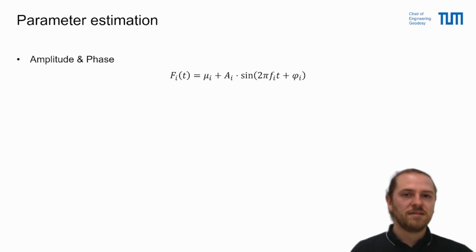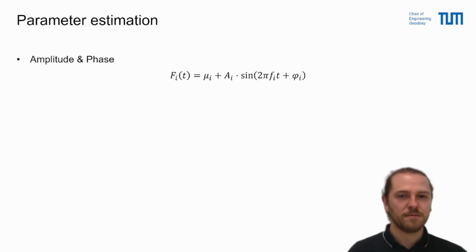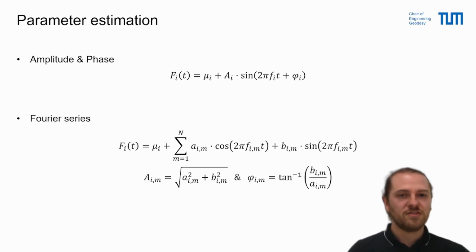To move beyond simple analysis of time series, here with the subscript i, we employ spatiotemporal parameter estimation. We model the signal using a time domain approach, where we define the model by the mean, amplitude, and phase along a predefined frequency. To handle complex real-world vibrations, we utilize Fourier series expansion to decompose the signal because of its linearized properties. This allows us calculating the amplitude and phase using the estimated substituted coefficients A and B for